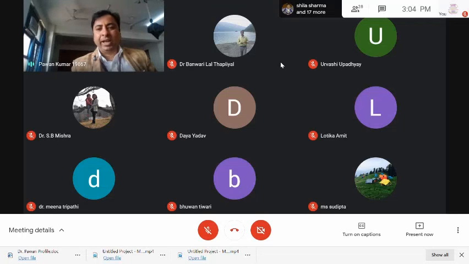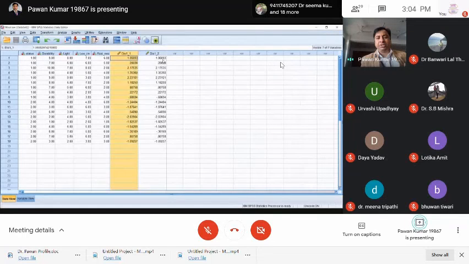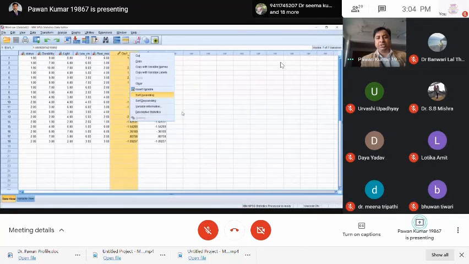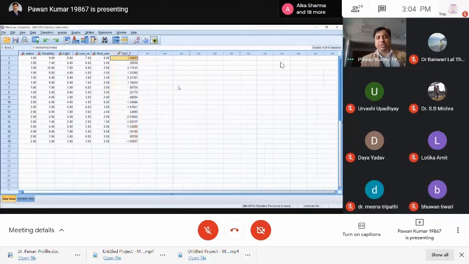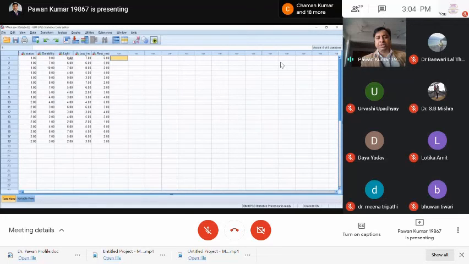This is one file which I'm sharing, a wool file. Wool means there is a wool company, and the company would like to categorize, to discriminate the buyer into two categories: buyer and non-buyer.